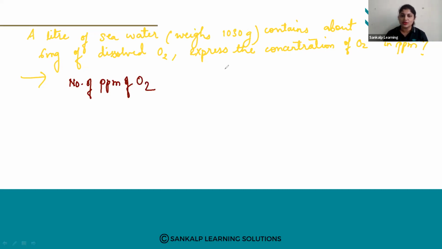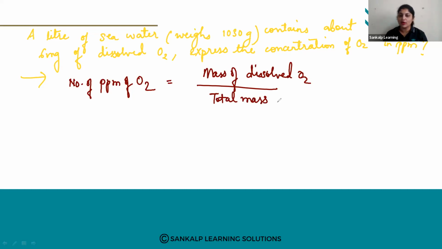The question asks to express the concentration of O2 in ppm. So the number of ppm of O2 is given by the mass of dissolved oxygen divided by the total mass of the solution,